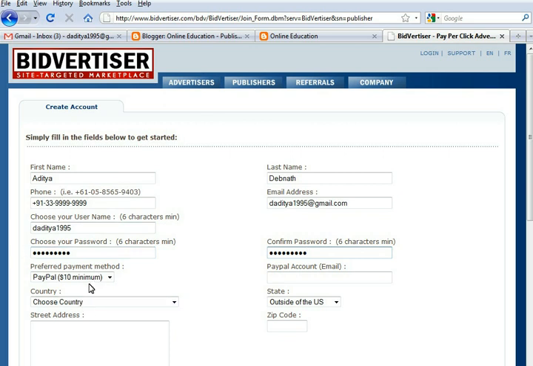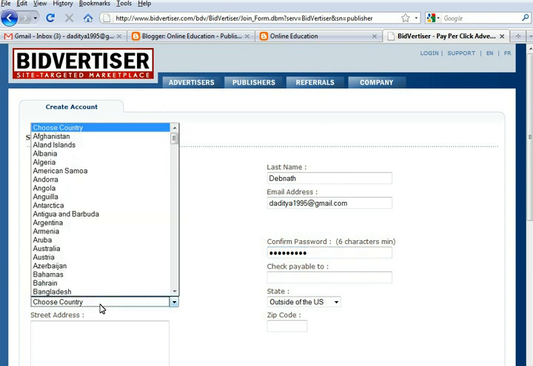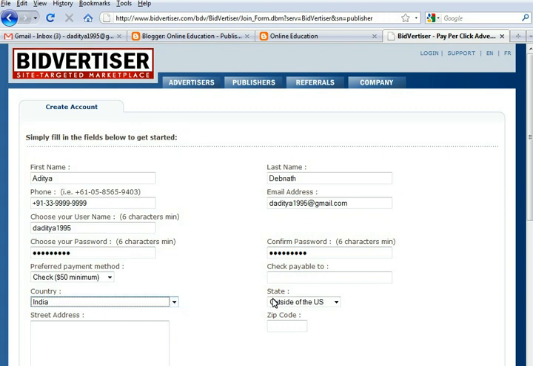Okay, if you do have any PayPal account, you can check this one. Otherwise, you can go for check country. Choose your country, street, your address.